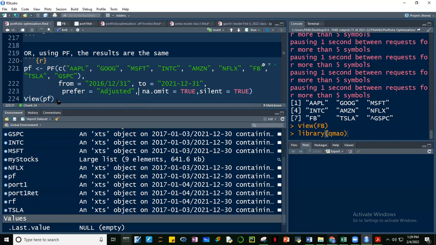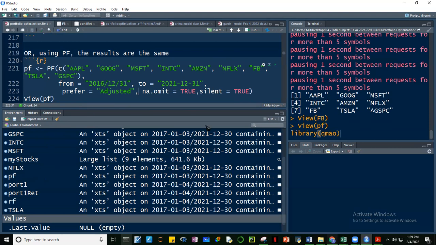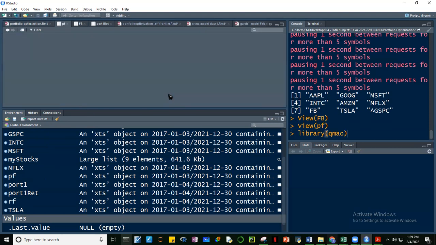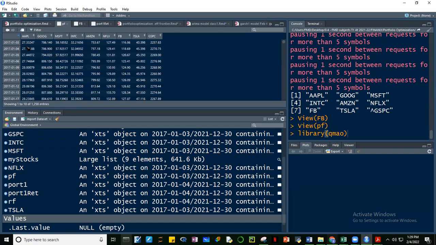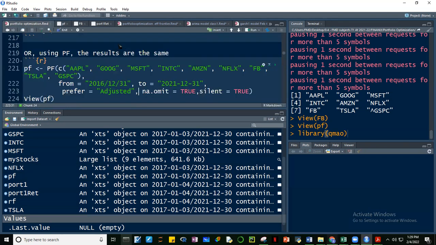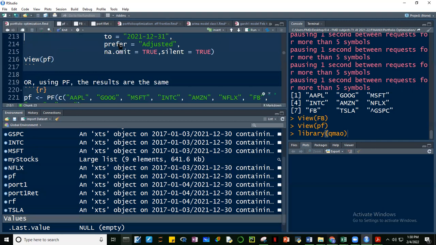Okay, and then when you open the PF object, we will now have the prices of Apple, Google, up to Standard & Poor's. These are now the adjusted prices. Okay, so we did that last time. And we said